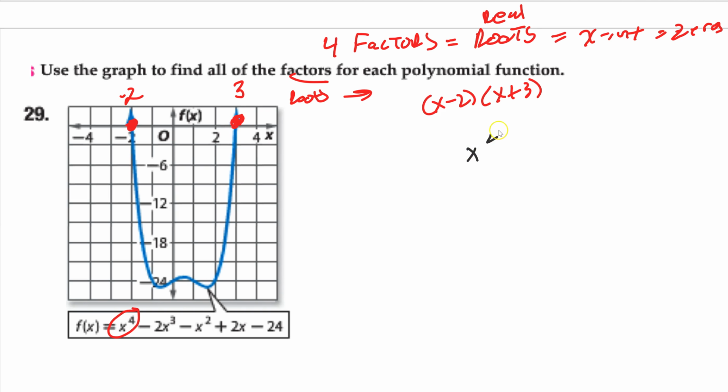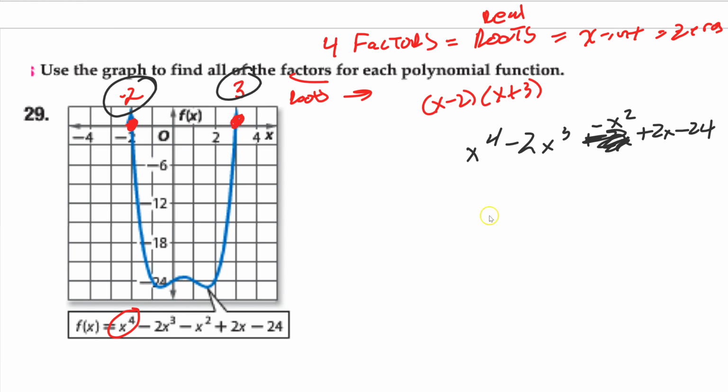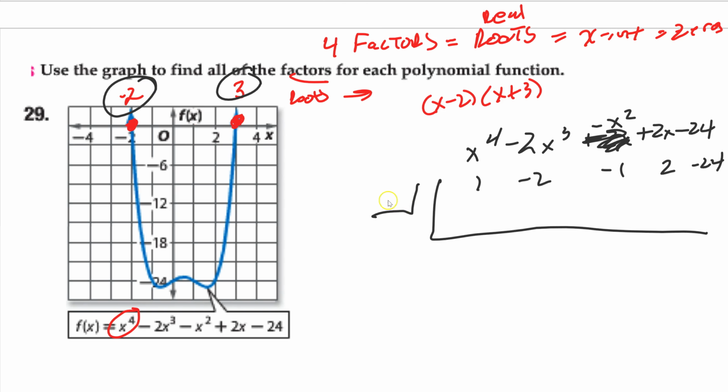So for the problem we have here, which is x to the 4th minus 2x cubed plus 2x minus x squared plus 2x minus 24. Right, I gotta find 4 roots. I have 2 of them, -2 and 3. Those are the ones I can use. So it does not matter which one you want to do first. They work the same way. So let's pick any one. I'll go -2 first. I'm gonna bring it down,